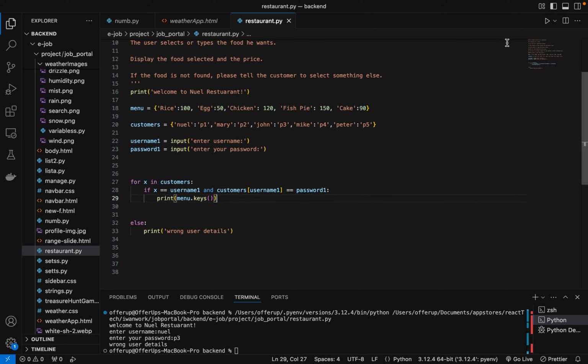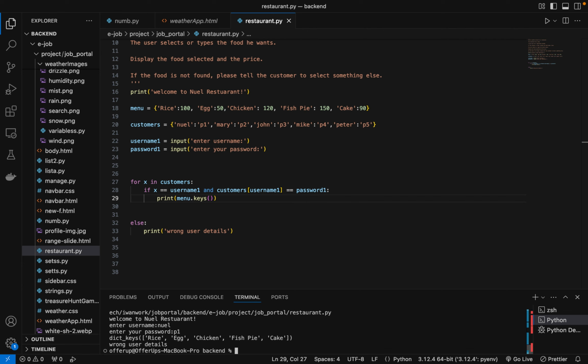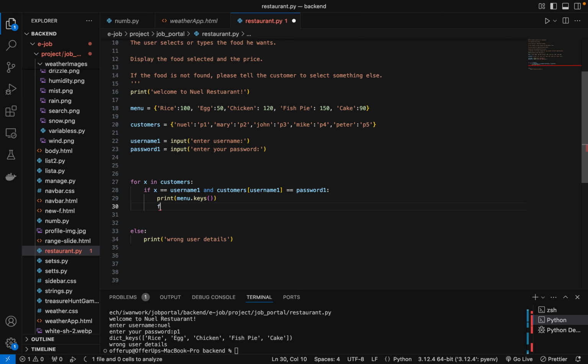Let's then run it again to get the correct one. Enter Noel, then we say Noel, password 1. Then it shows the food item here. Then we can say, okay, fine, food 2. Since this is correct, we can also put here, okay, it has to be correct, it has to be here. Since it's correct, we can then say